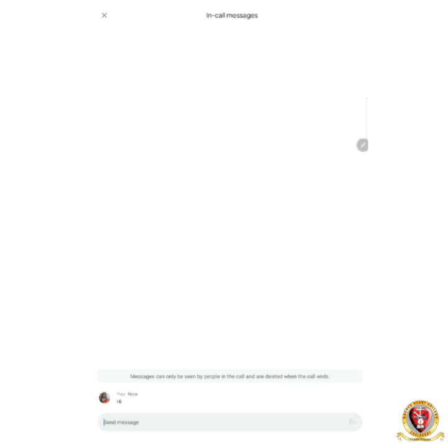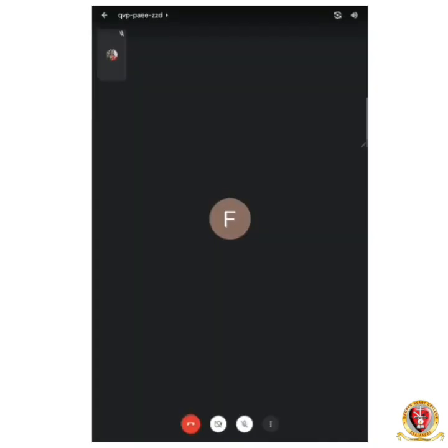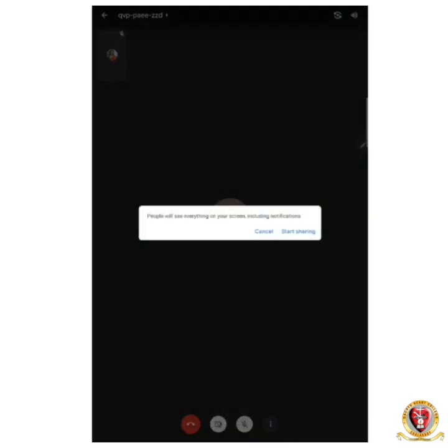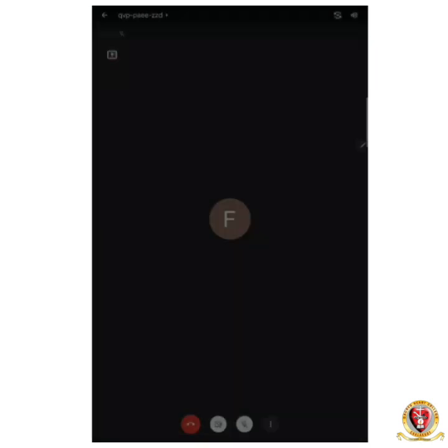And next option is you can return to the 3 dots, and you can take share screen. So share screen is usually used by teachers. You can also use it. So if you click start sharing, you are going to share something in your phone to the people in the meeting. So you can share anything. You can share a PPT or PDF or like that. You can share the file in your mobile using this share screen button.